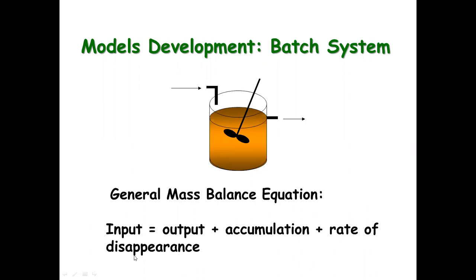The accumulation accounts for any amount of species A that remains in your element volume, and we add that to the rate at which that species is withdrawn from the element volume. The sum of these three is equated to the rate at which species A is introduced into our elemental volume. Okay, for the batch reactor, so that's for the batch system,